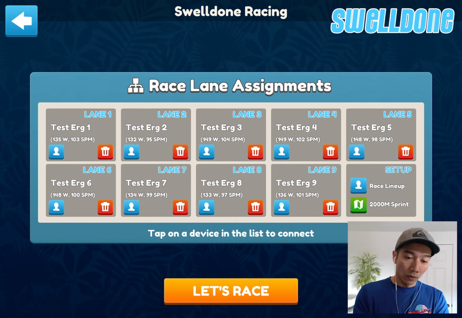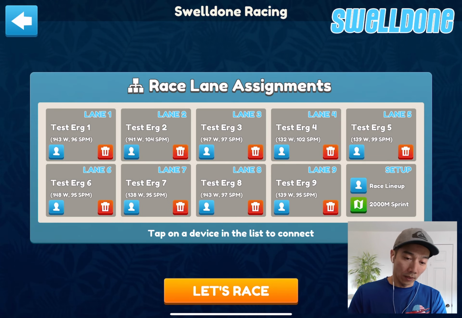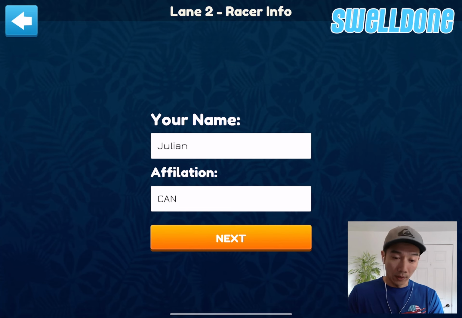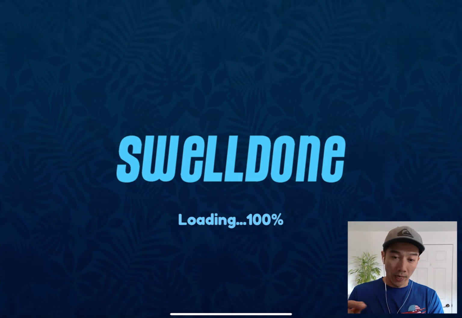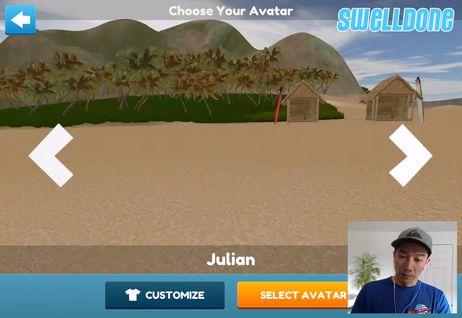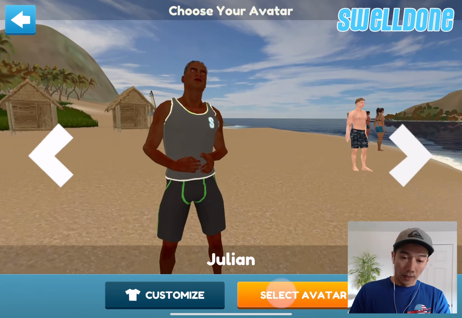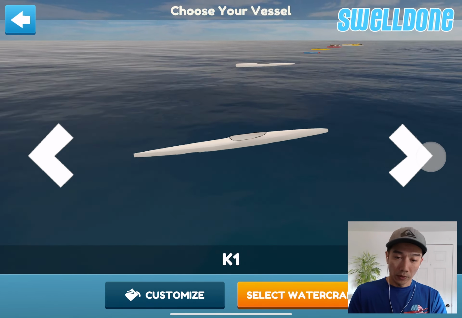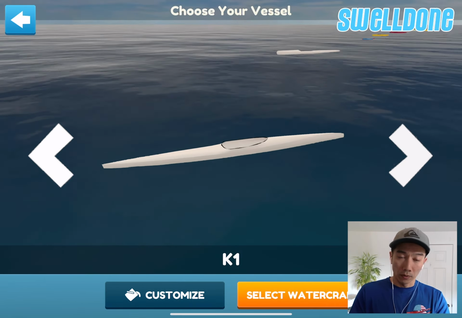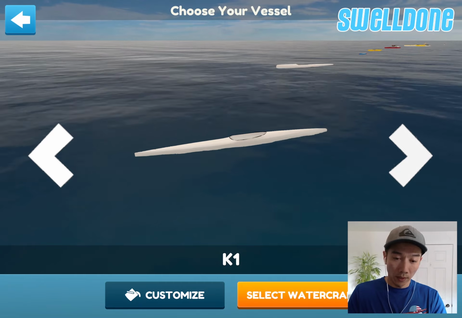Other things you can do is you can actually customize and individualize the paddler. So you can set their name, you can set their affiliation of their country, you can go pick the paddler and their outfits and everything that they want to look at, whatever avatar you like. And you can also pick the different boats and the watercraft. So here we're just going to go back to a new boat that we just added, which is the K1